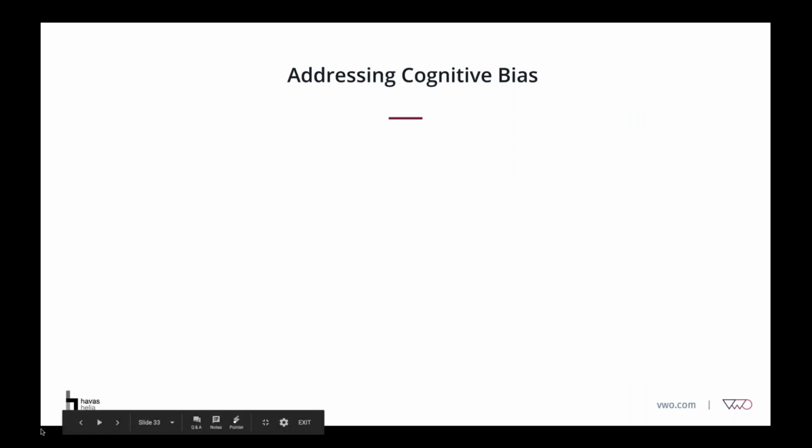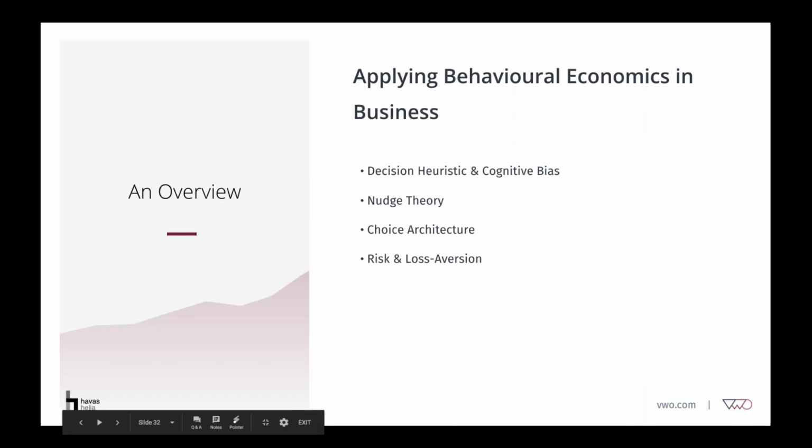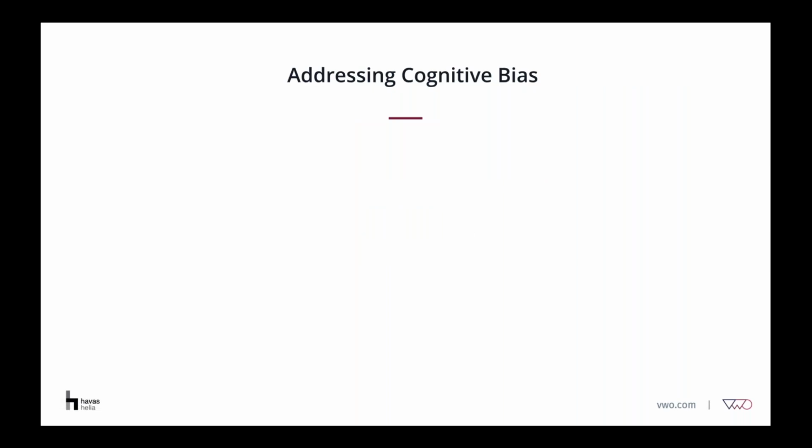So far we discussed various different components of behavior economics. Julian went through cognitive biases, where our brains take shortcuts in making decisions. He introduced the term nudges in terms of making a comprehensive website experience. He brushed through choice architecture, where layout, sequences, and placement of different options help a user or a visitor of your website in taking a decision or taking the next step. So let's break each of these components down and understand how you can utilize them to build an environment of conversion on your website.